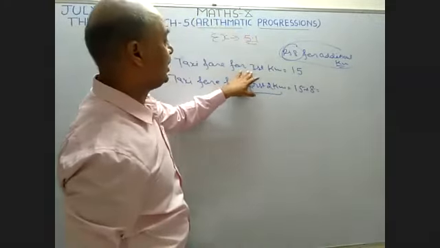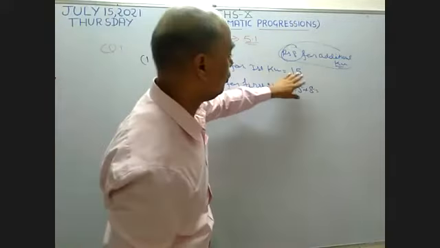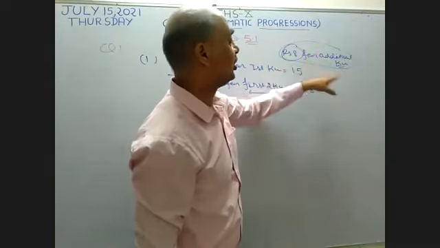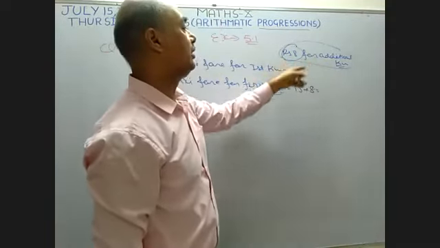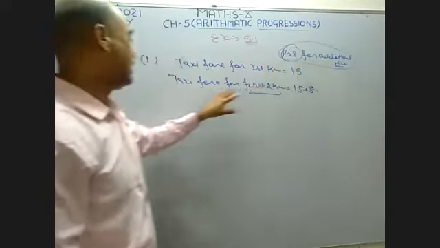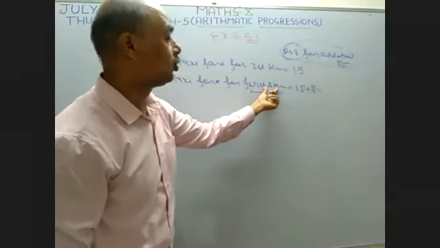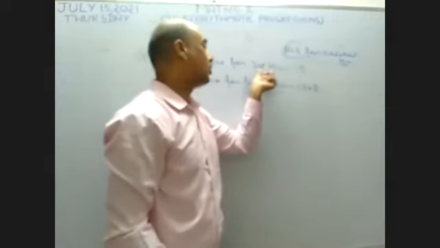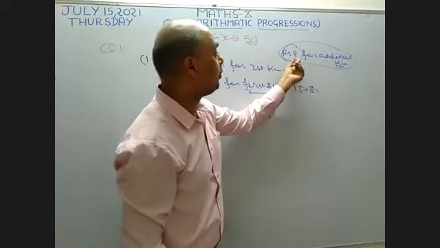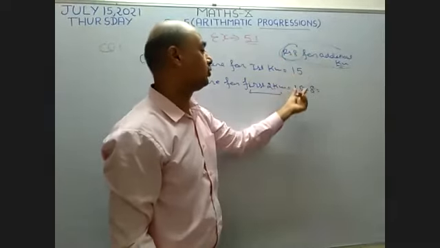It is given in this question rupees 8 for each additional kilometer. After the first kilometer, per kilometer is charged at rupees 8. I write here taxi fare for the first 2 kilometers. For the first kilometer he pays rupees 15. For the additional second kilometer, he pays rupees 8. So 15 plus 8 becomes